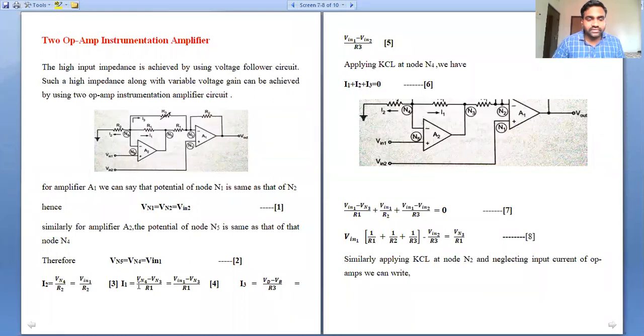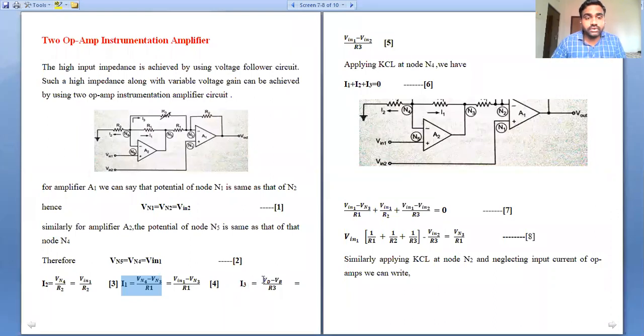What is the value of I1? I1 is equal to Vn4 minus Vn3 divided by R1. Here we can observe the behavior of the input current at this node: the drop across R1 can be explained with respect to the current expression I1, that is the voltage at node 4 minus the voltage at node 3 divided by R1. Vn4 is equal to V input 1, so I1 is V input 1 minus V input 3 divided by R1. And next, I3.